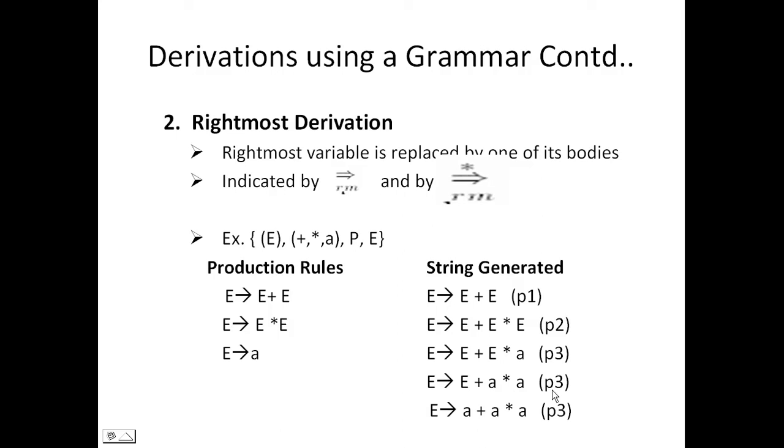Now the rightmost variable is this one, E. Again it will be replaced with a with the help of production rule 3. Now the next rightmost is this E, which will be replaced by a further. So we will be getting the string a plus a into a. So this is the rightmost derivation, that is we replace the rightmost variables with the terminal symbols in order to get